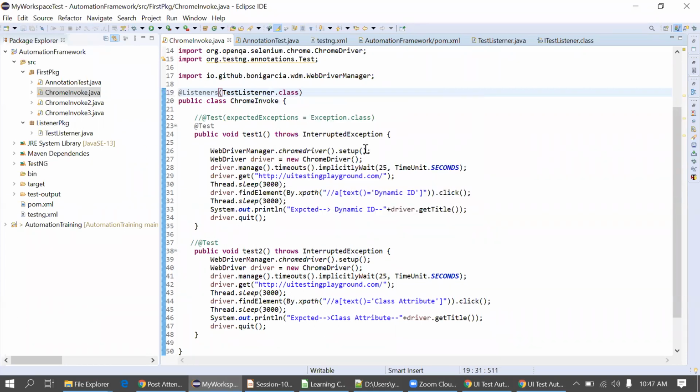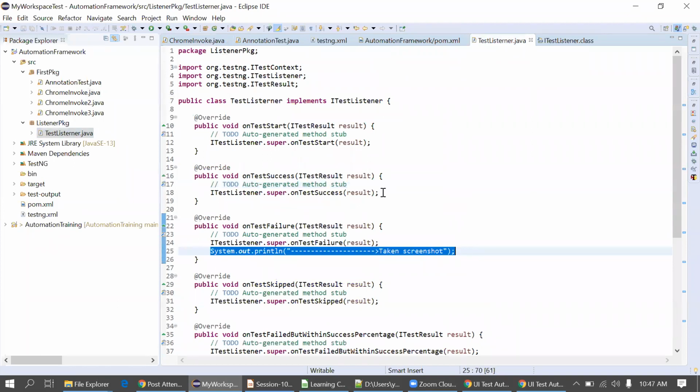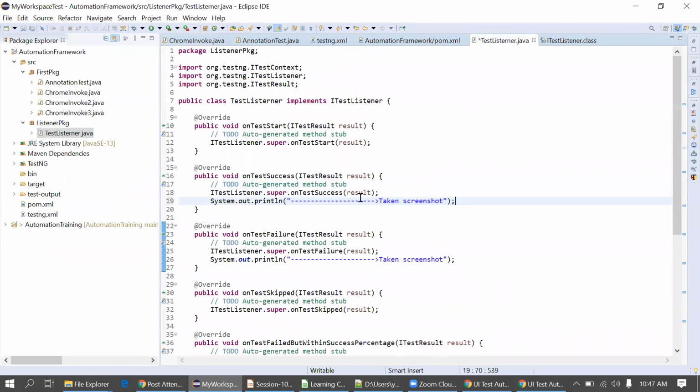Now I will put some code here in the listener for the test case pass: test case passed.